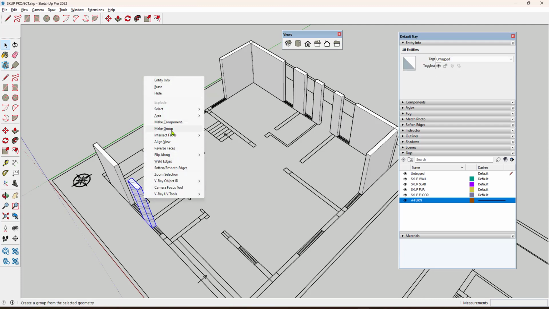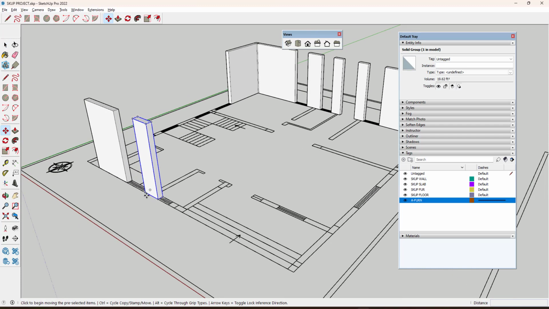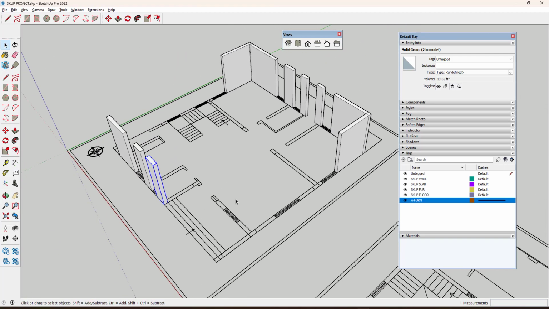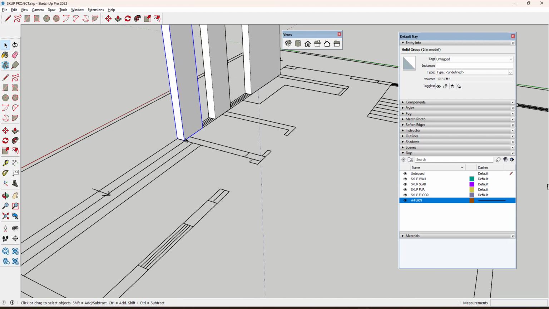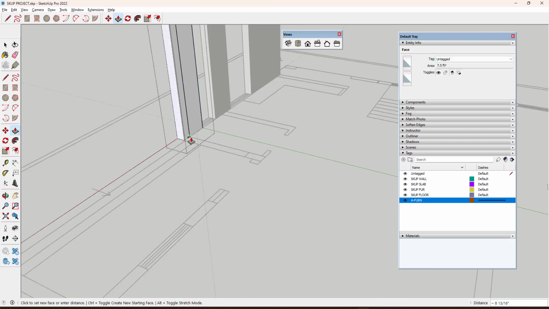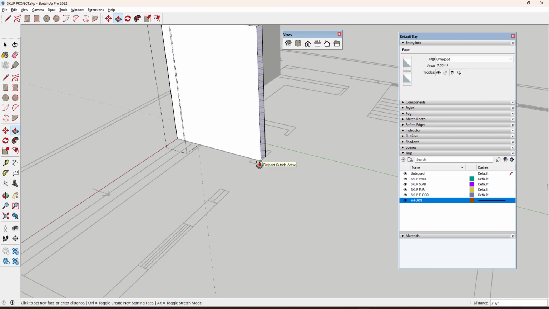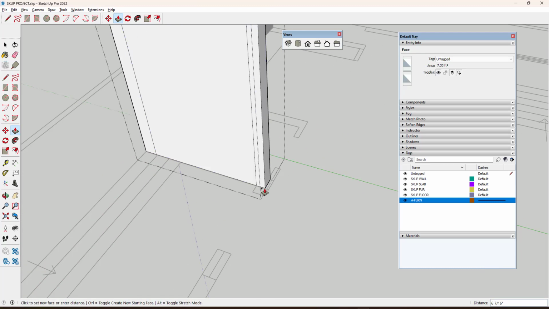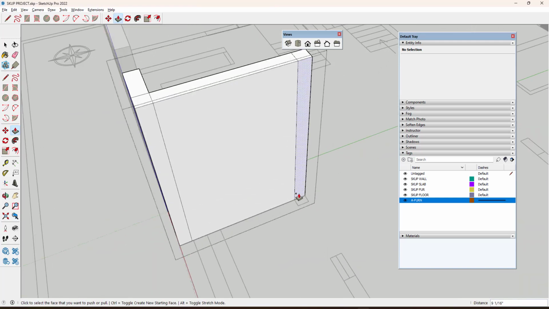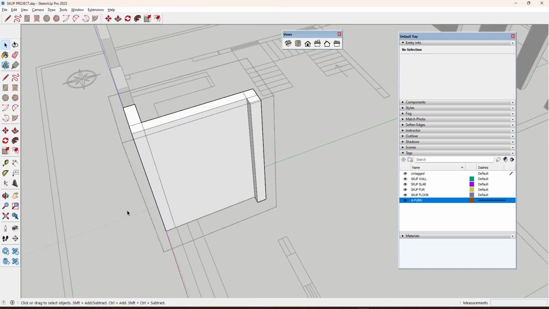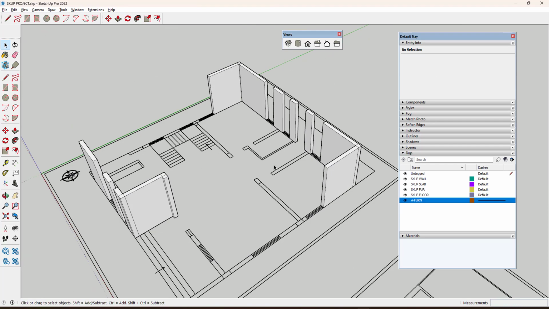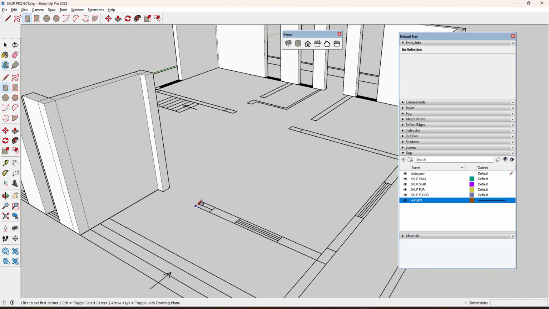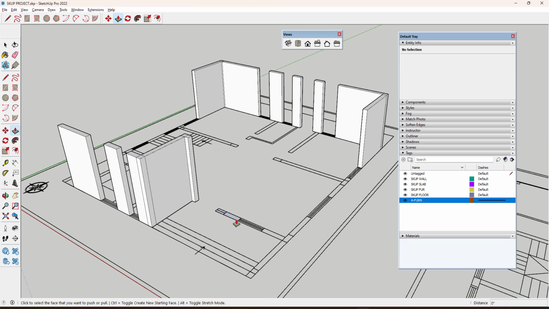There are so many ways to create the wall. You can go with any other method, whichever method you practice or feel free with. Just going inside and then pushing it back, and one more thing is, if the client requirement is only to develop the exterior model or he only needs the exterior elevation, then no need to develop the internal portion of the project. Just concentrate on the exterior portion of the project and develop it.